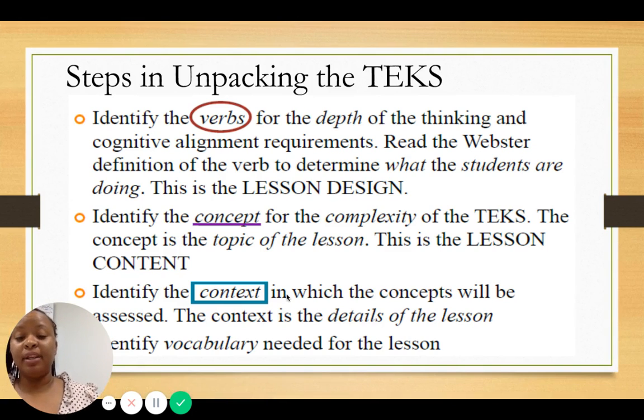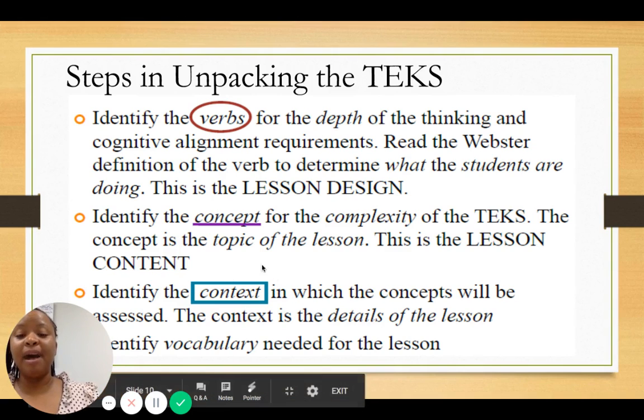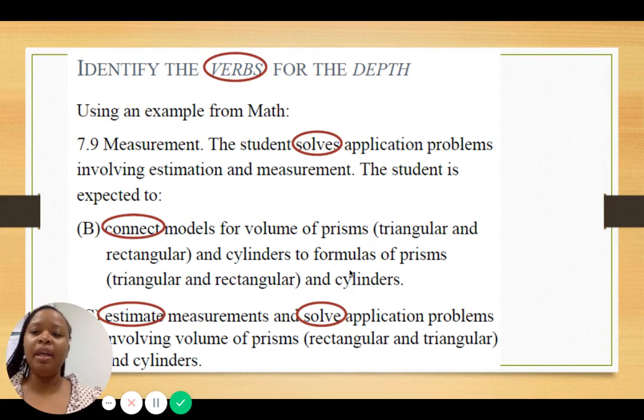So it gives me parameters. And what we typically do for context is we box the context. So let's look at an example here. This example is a 7th grade math TEKS. You have the strand here, and then you have the knowledge and skill statement, and then you have your 2 SEs here. So what I do first is I identify the verbs, and I go in and I